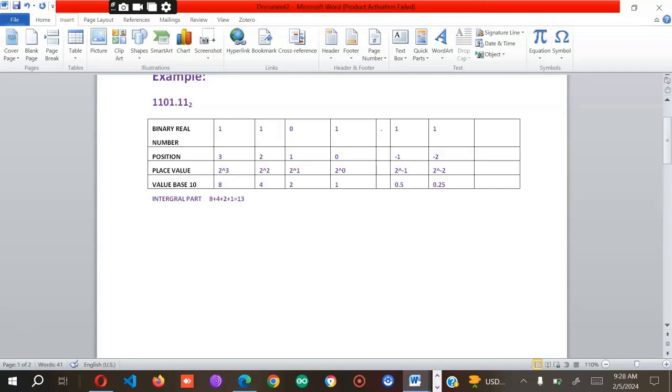While the other part, which is now the fractional part, we have 0.5 plus 0.25, which is giving us a total of